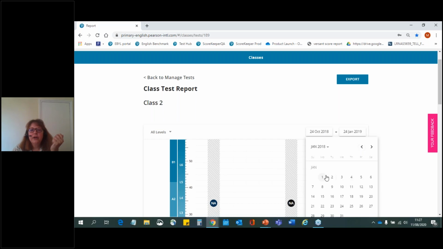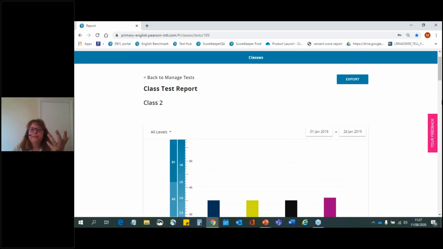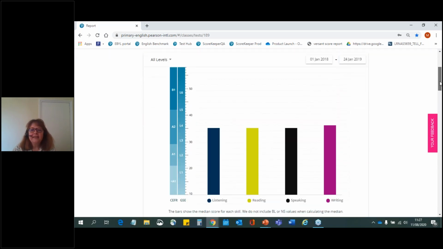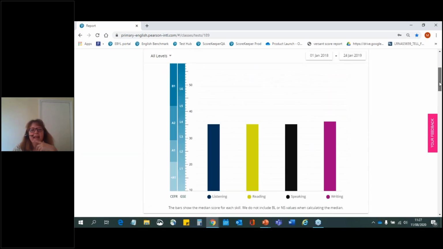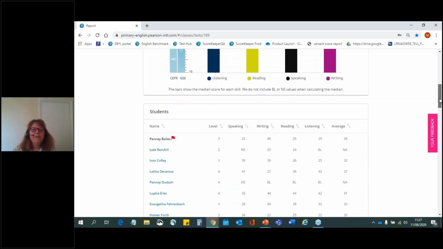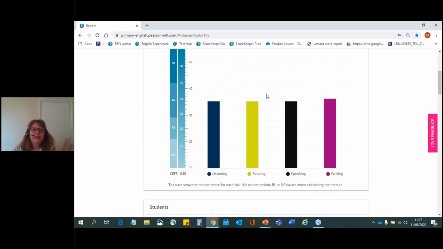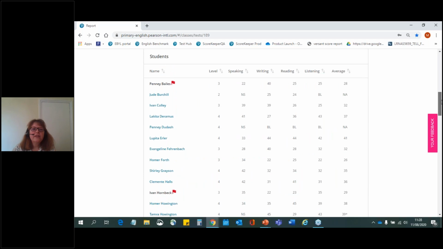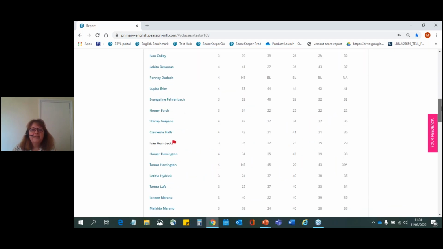So, as I say, this is fake data. It was forced in, so it doesn't behave quite as naturally as the results from a real test would. So I get a graphical representation, and I can scroll down to these averages, which are the average performance for the class by skills, and that's based on the median average of the class. As I scroll down, I get a list of all of the students in the class, so I can see their